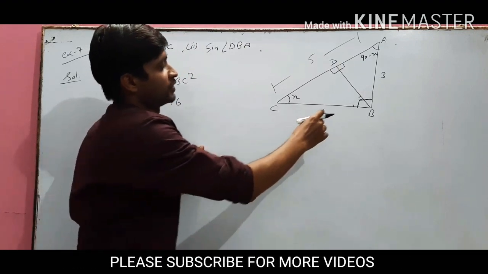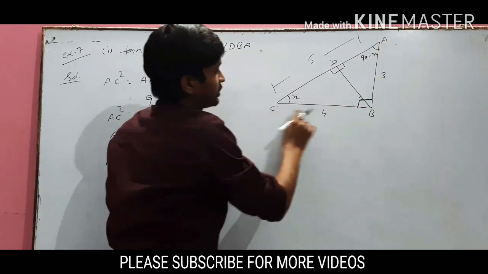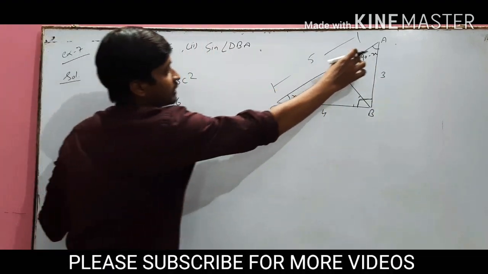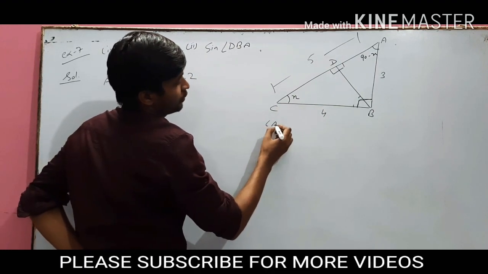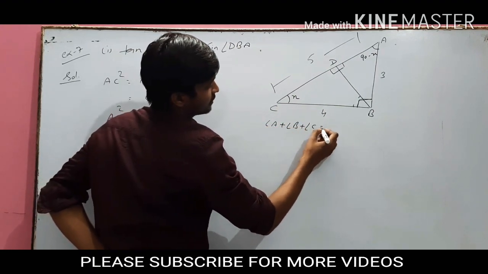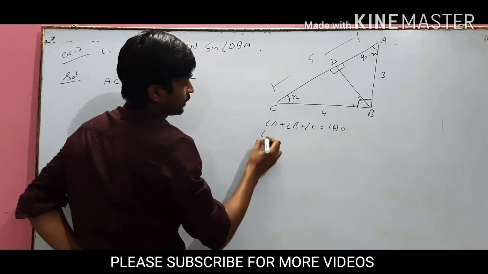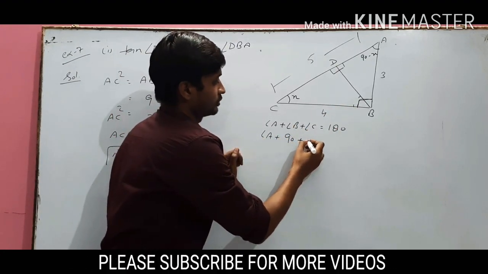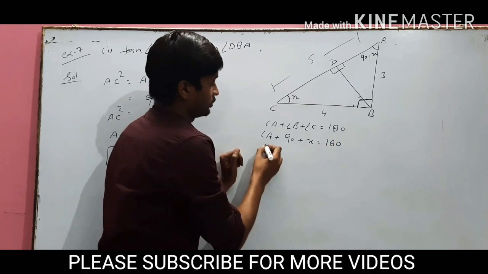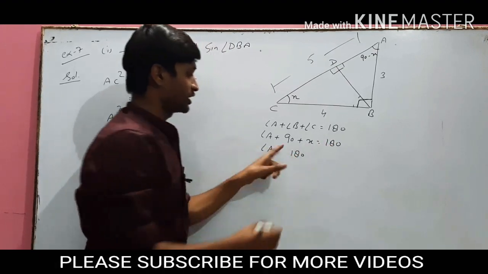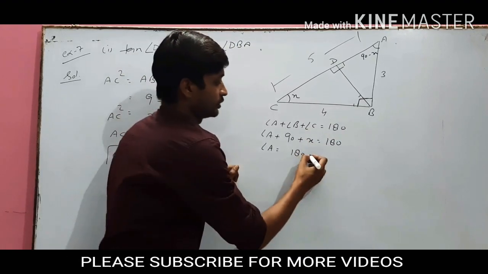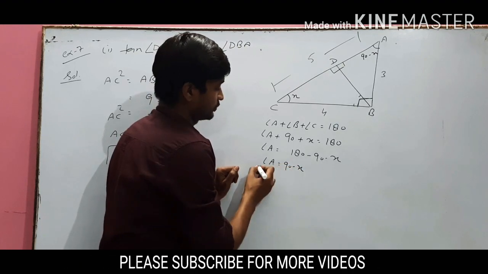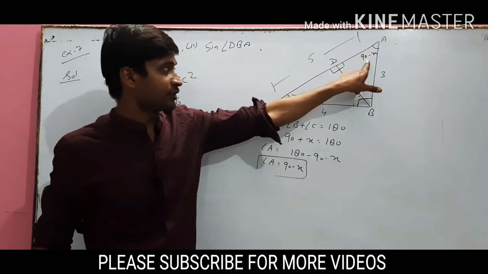How to calculate this? See, let's say suppose in triangle ABC, we know angle B, we know angle C, but we don't know angle A. See how to calculate this 90 minus X. So we know angle sum property, angle A plus angle B plus angle C how much? That is 180. We don't know angle A, as it is. Angle B is 90 degrees. Put there. Angle C, that is X, 180. So angle A is equal to, when we transfer 90 as well as X that side, 180 minus 90 minus X. So angle A is equal to 90 minus X. So this is the process by which we can calculate this required angle.